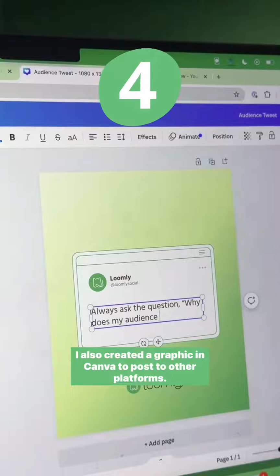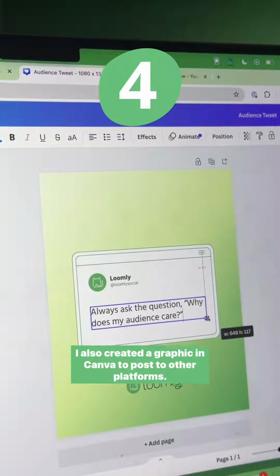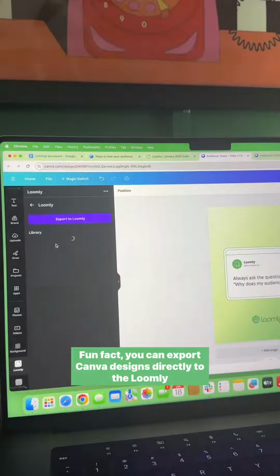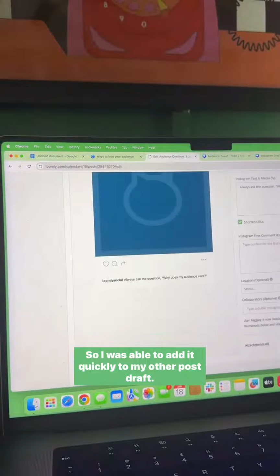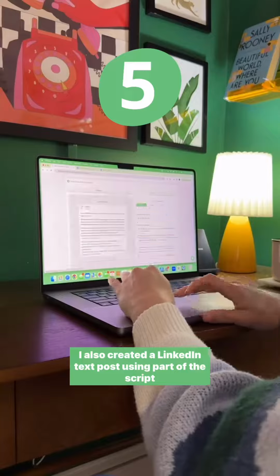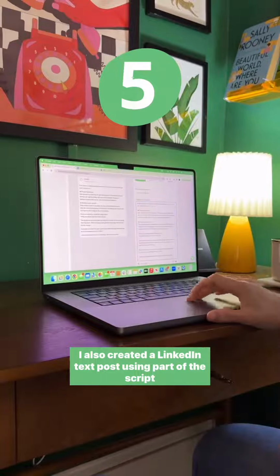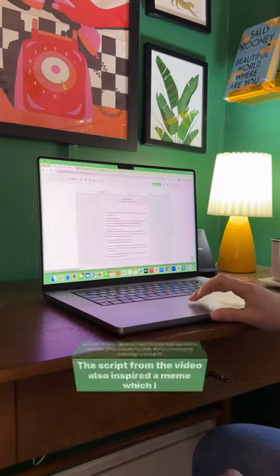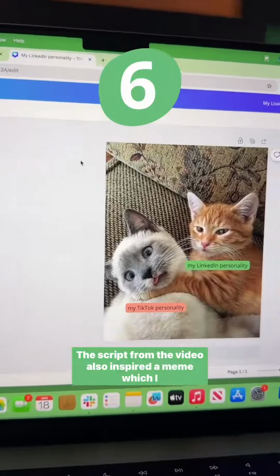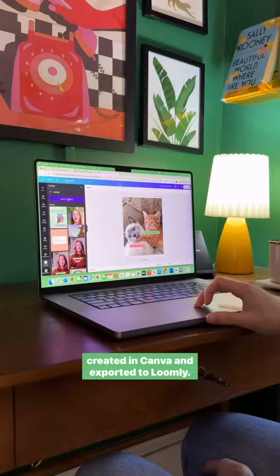I also created a graphic in Canva to post to other platforms. Fun fact, you can export Canva designs directly to the Loomly library, so I was able to add it quickly to my other post draft. I also created a LinkedIn text post using part of the script, and I'm also going to post it to Facebook because why not? The script from the video also inspired a meme, which I created in Canva and exported